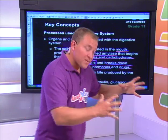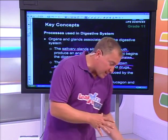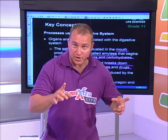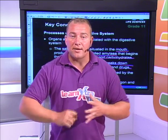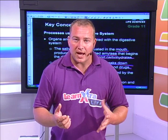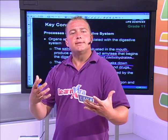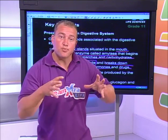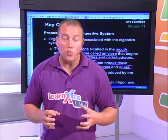So if we've got a bucket and we want to make bile, we're going to chuck the stuff that breaks down dairy products in there and enjoy it. That's the first thing. Then, the second thing, we need to break down fats. Now fats, can you give me the name for fats? Can you think of the name for fats? It's lipids. It sounds nice, lipids. Now we need to break down fats. So we use lipase, which breaks down fat into fatty acids and,